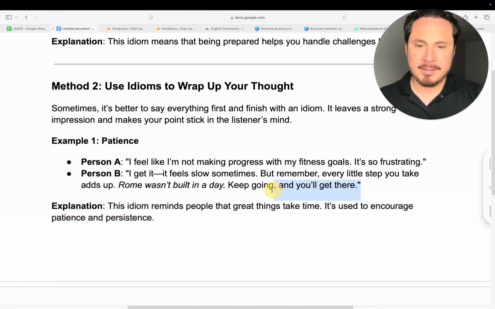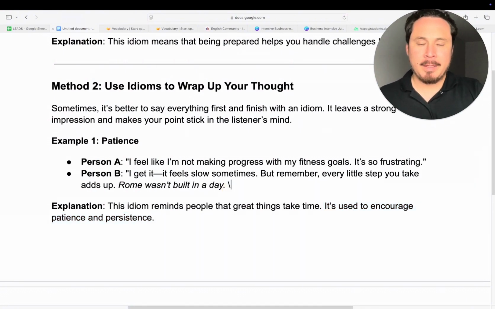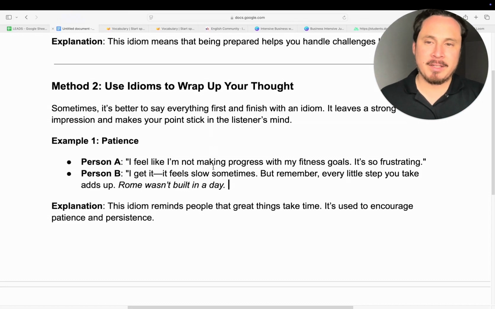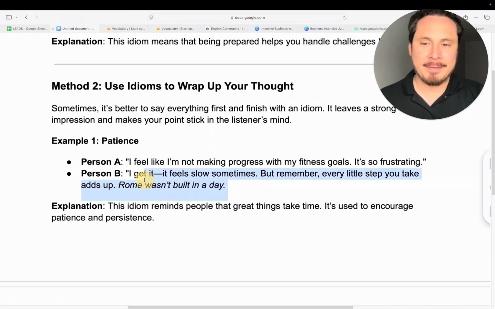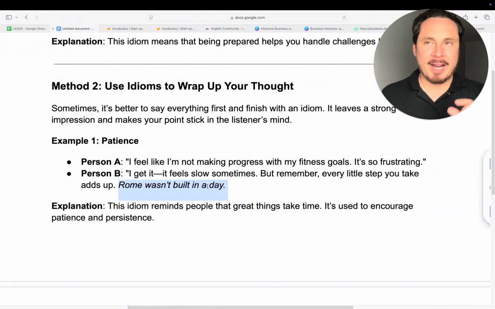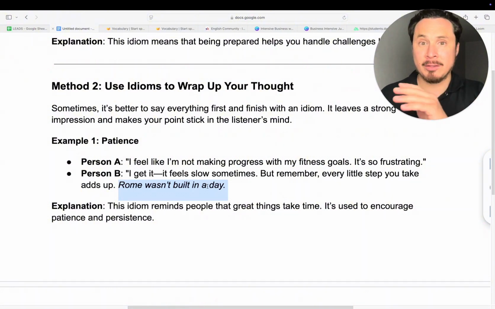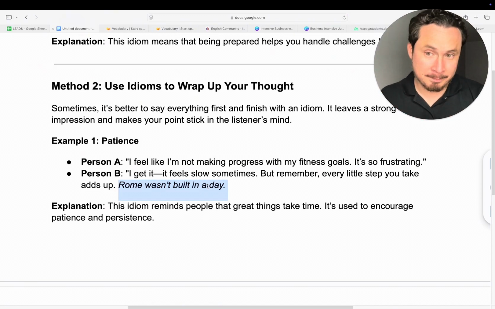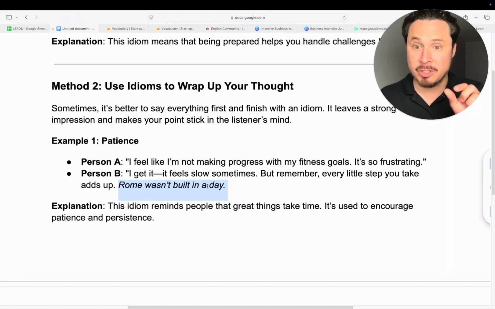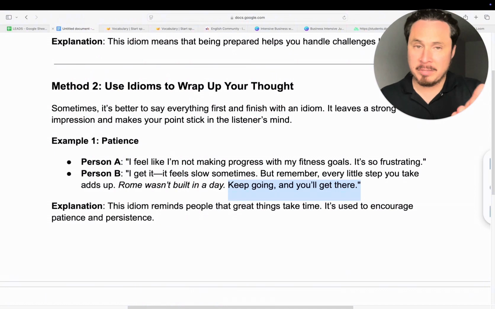Now I'm going to remove this last part. Why? Because I'm focusing specifically on idioms that go at the end of what you're saying. And this is a nice way of signaling, señalándole, or it's like a signal to the other person that you've finished speaking. An idiom has that function too sometimes, not always, right? So if you put it in the middle, it's fine. You can keep talking.